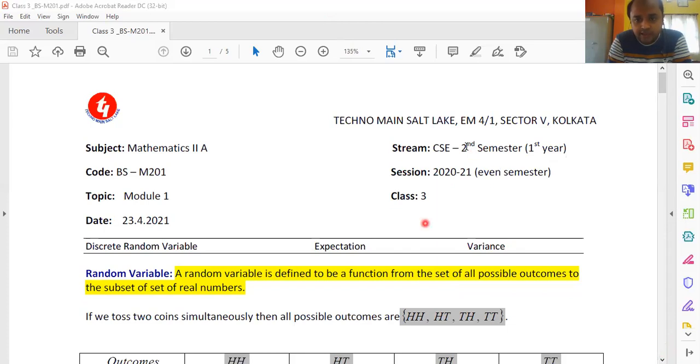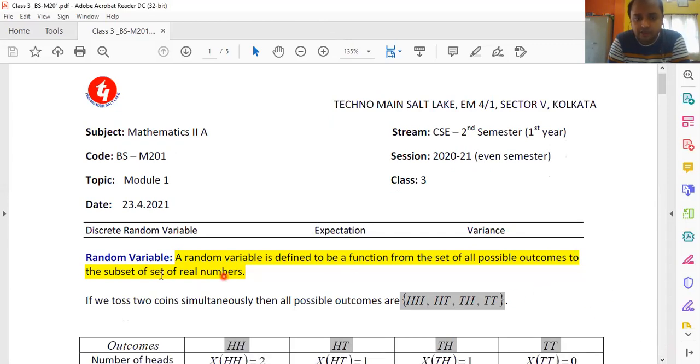So we shall start our class with the discussion of the definition of random variable. Random variables are of two types. One type is called discrete and another type is called continuous. Okay, but whenever the board work is required, I will stop sharing this presentation and I'll go to the whiteboard and I'll do the board work.